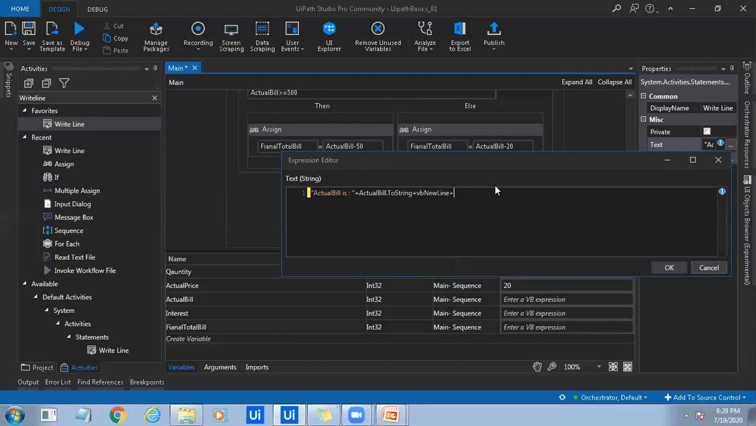And then I want to see the interest calculated. "Interest is" plus. So we have that stored in the interest variable. So just use interest dot ToString. Interest dot ToString. And I'll add a new line character again. That is vbNewLine, so that you will get to see the result in different lines, or you can leave it also. So vbNewLine plus,